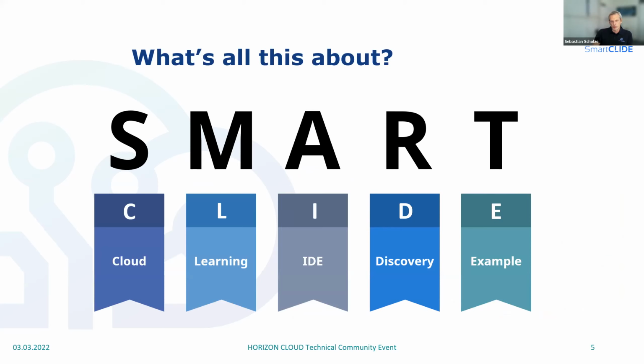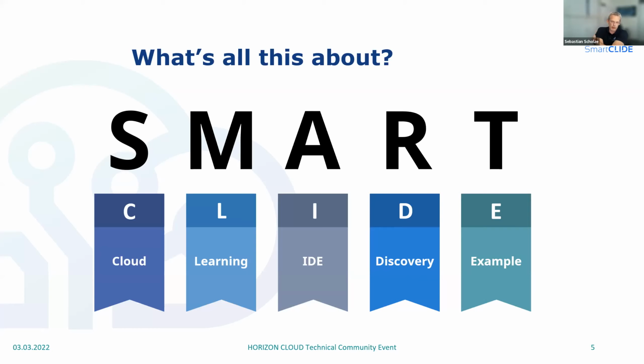During this development, we want to learn and give these learned things back to the user. We do not want to do everything from scratch. So we want to discover already existing services to be reused. And we also want, this example stands a little bit for this low-code approach, so that developers can more easily